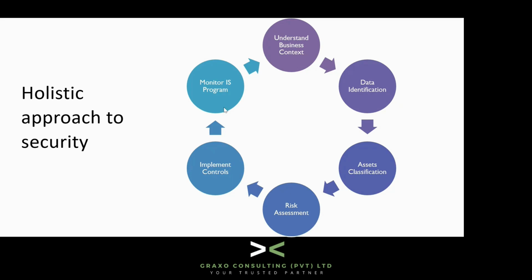Okay, so this is basically a very simplified version of the whole cycle in which you should be understanding the cybersecurity controls. Now, if you identify that there's a control which is implemented for which there's no risk assessment conducted, you do not know which assets this control is protecting or which data this control is protecting, that means that your control is never going to be aligned with the business. Okay, so the better you do these steps, the better your implementations will be and the more valuable your cybersecurity controls will be.